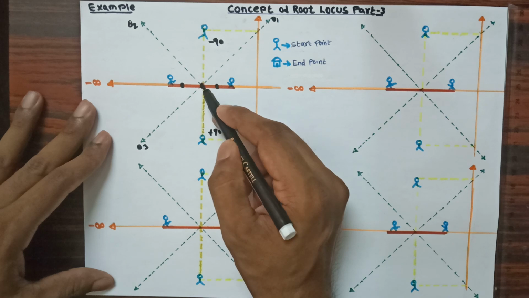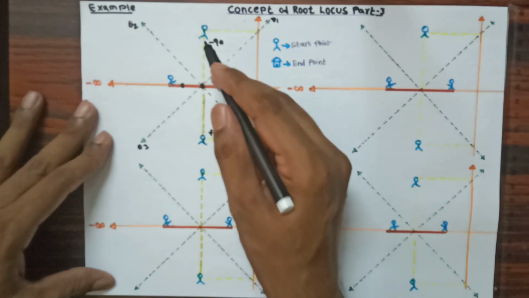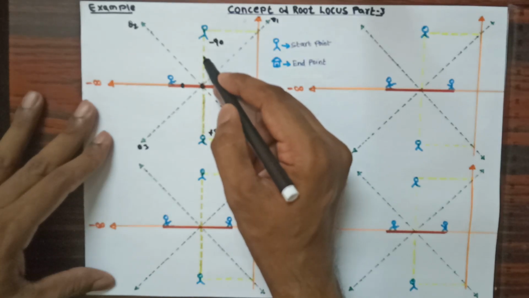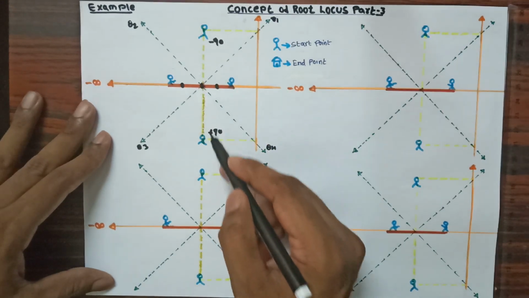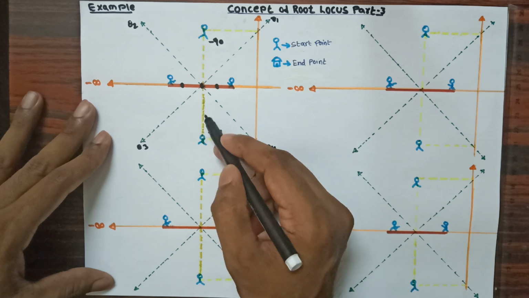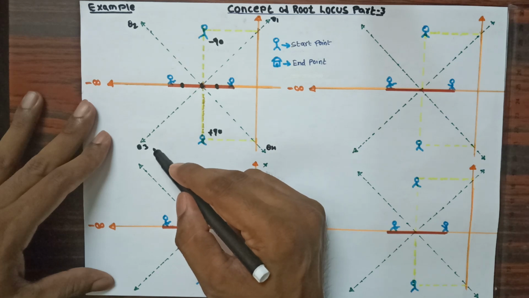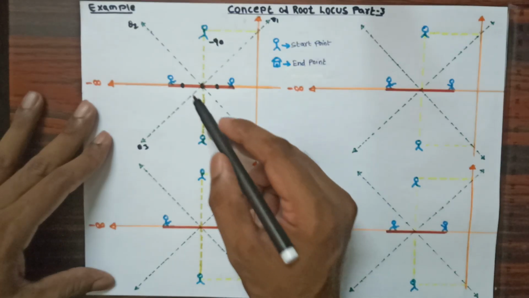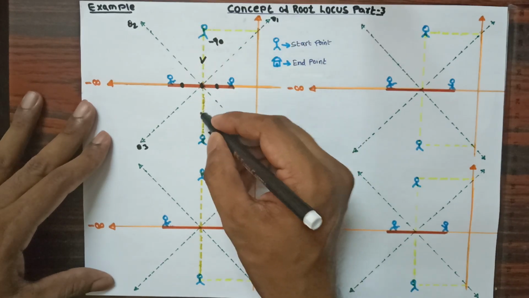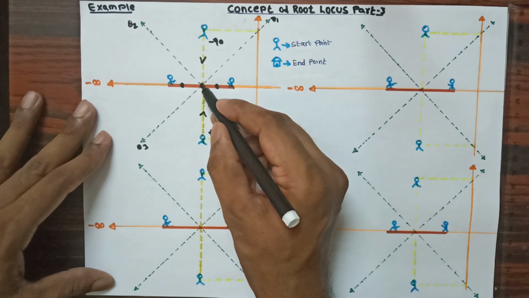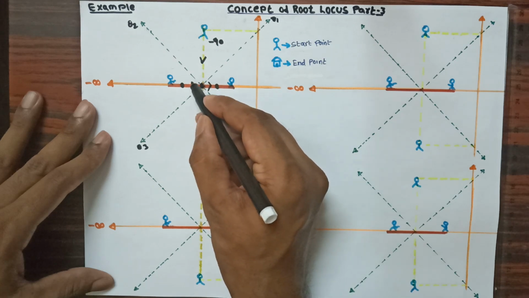In this example I am considering a breakaway point for this person. If I have not given the breakaway point for these 2, then after coming out by minus 90 degree they need to move towards the infinite destination. And if I have not given a breakaway point for this person also, this person needs to come up and then move towards the infinite destination. But in this example, as I said, I have given 3 breakaway points. Then this person will come down and this person will move up, and then they are going to meet at this point, and one person will go in this direction and another person will go in this direction.